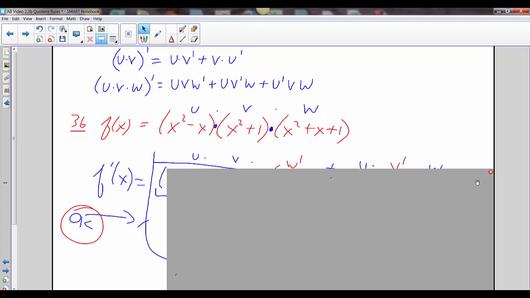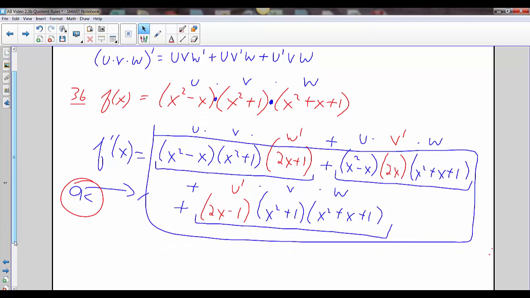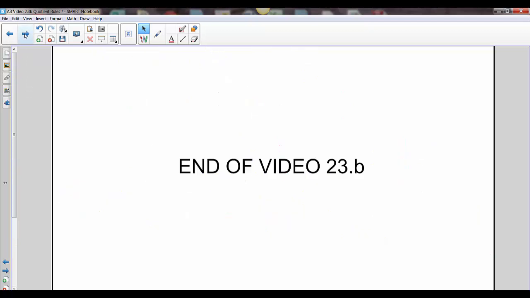So here's an example, and using that little formula up there, I'm sorry it goes on to the next page. And by the way, I would not expect you to do anything else with that. Way too ugly. And that's the end of video